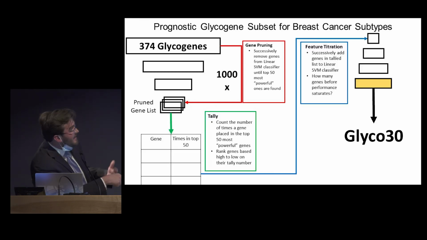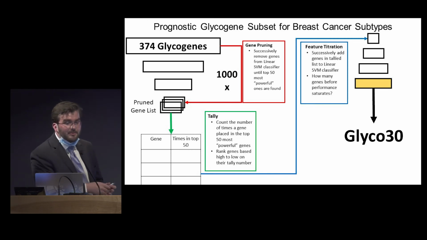Once you find these sets of genes, you can tally up how many times did they end up in the top 50, which was an arbitrary threshold that we set for this analysis. How many times did a gene occur in the top 50 most performant? Using these genes, we can titrate them back into a new model, which is the same sort of model, a support vector machine classifier. And you can add these features successively. And when the performance of this classifier saturates, you know that you have your optimal model. And doing this process, we were able to develop a glyco30 signature, which was able to distinguish different subtypes of